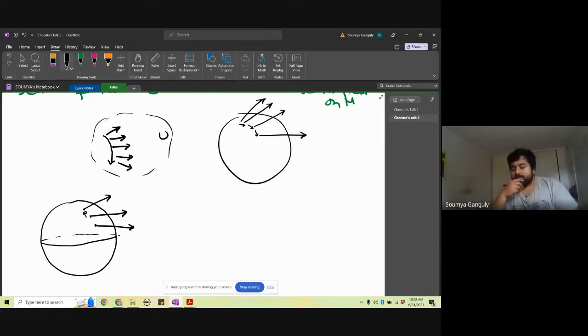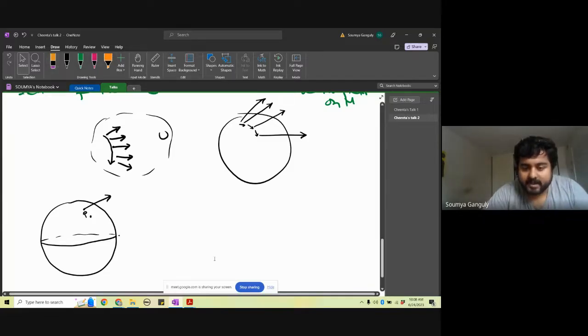So now, what do you mean by having a vector at a point? Because often what happens is, we try to visualize the manifold when it is embedded in some R3. For example, let me try to.